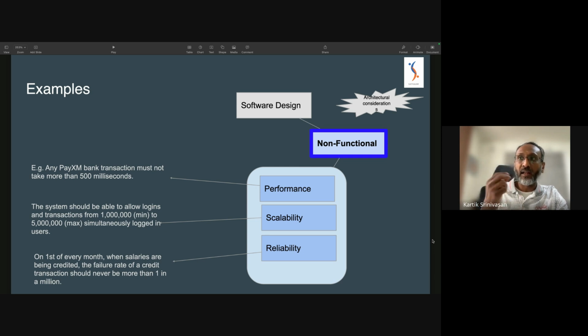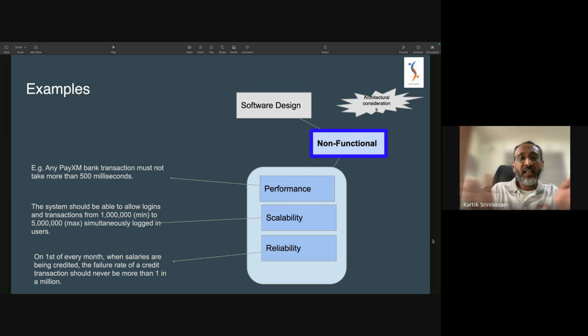Now let's maybe double down and look at the requirement from a scalability angle as well. One of the key examples could be a system should be able to allow logins and transactions from anywhere between 1 million a minute to 5 million a minute maximum when simultaneously logged in users are accessing the system. So what does that mean? Essentially, let's take an example of a bank like an SBI or an HDFC bank, which has a vast number of consumers that operate their systems every day, correct? So one of the scalability requirements for them could be